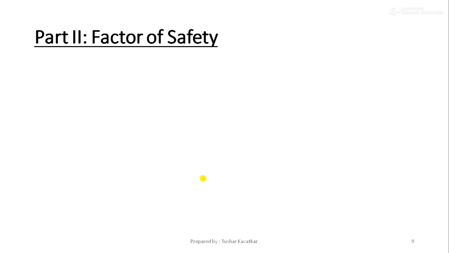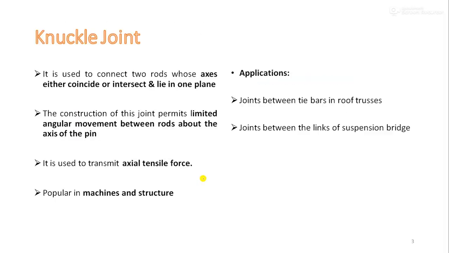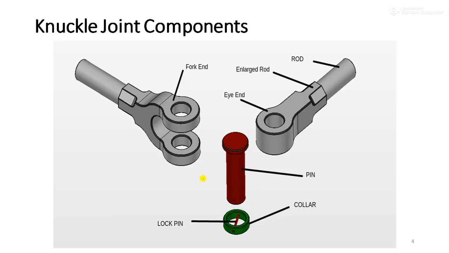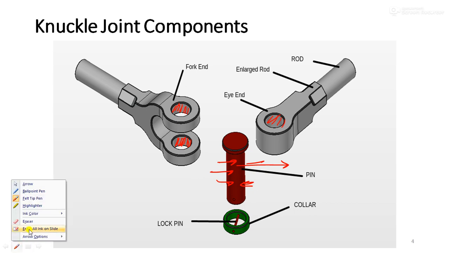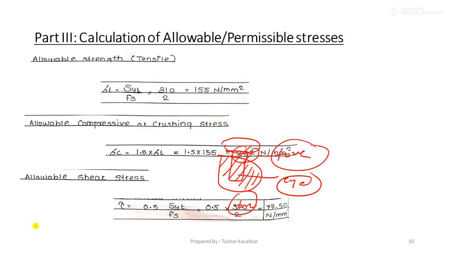I will go back here to explain more. I will explain in detail while designing, but just for your understanding I will go here. You can see this area. This is nothing but the area where this pin will be inserted or rested. So here in this area and on the surface of the pin, the stresses which are created are nothing but localized compressive stresses, or you can also call them crushing stresses. I hope it is clear to all of you. We'll understand this in detail, don't worry about it.